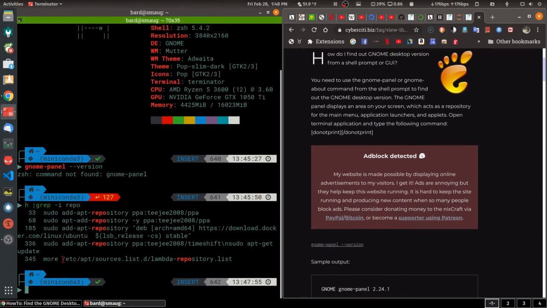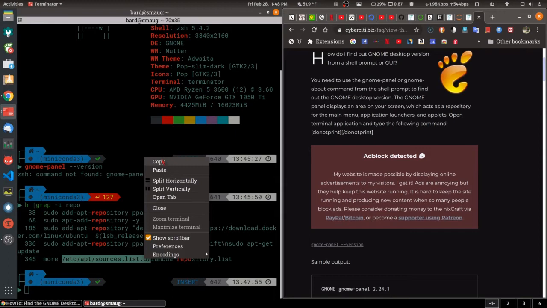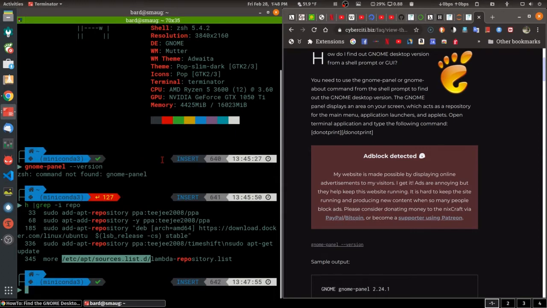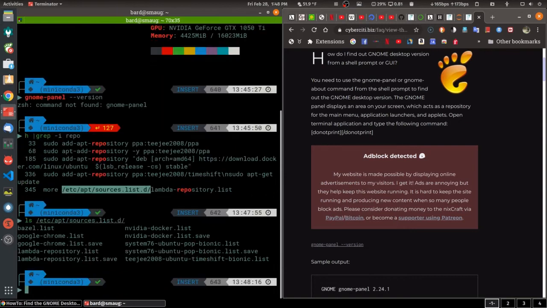If I look under here, I can see the repositories that I've added, and so I've got this System 76 repository that's